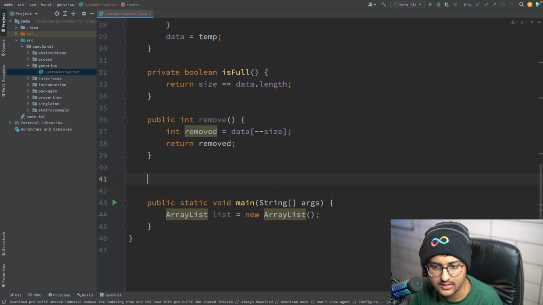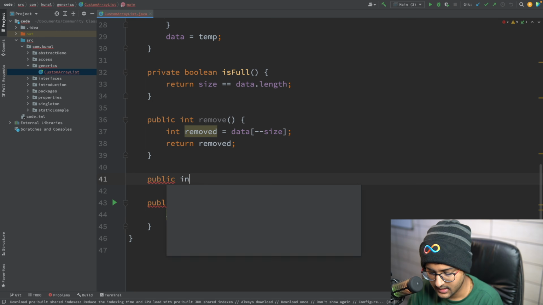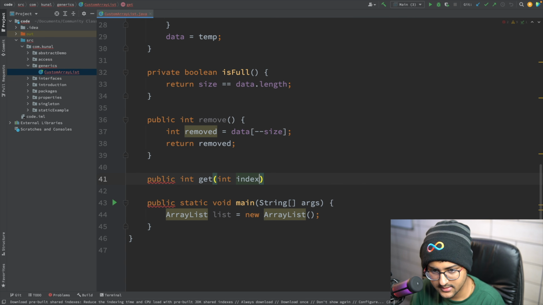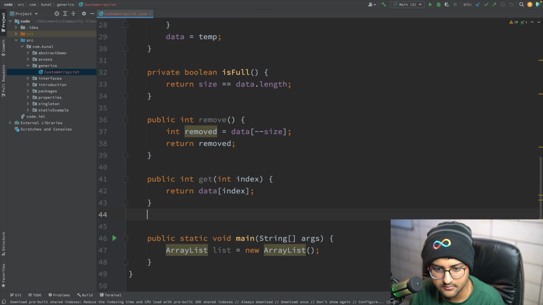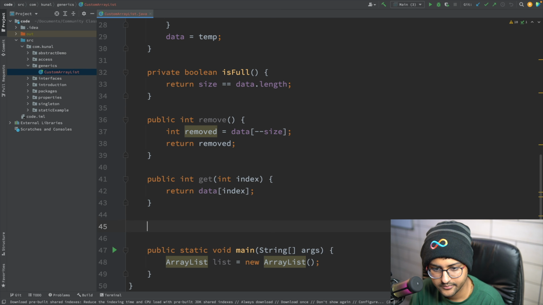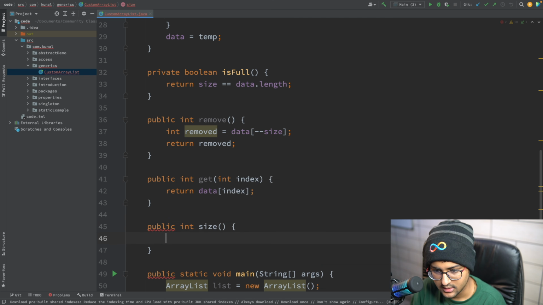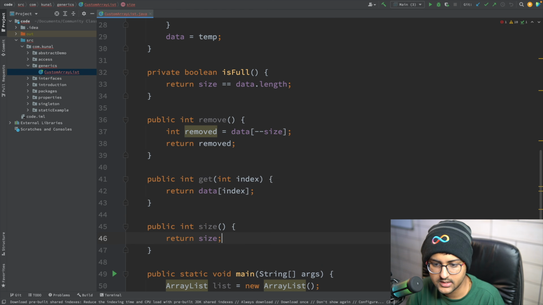What else did we see that list contains? List also contains an obvious get, public int get, int index, right? Just return the item, data of index, that's it. What else does it contain? Size, public int size. Just going to say return size. That's it. No problem over here.